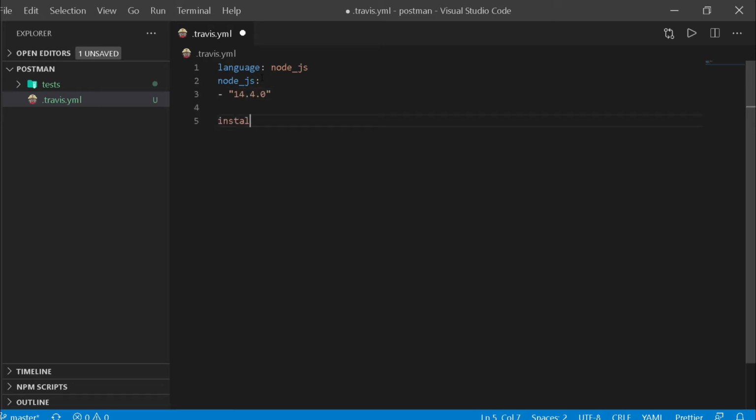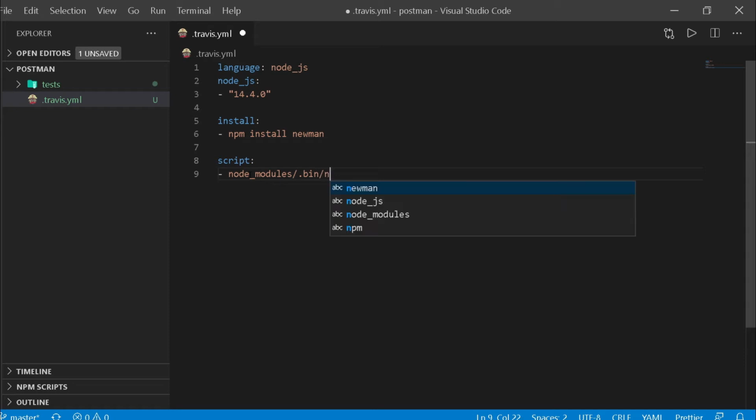And then I'm going to say install, what I want to install here. So we just need to install Newman. That will get installed. And then basically the script we want to run. The script that we were running was doing Newman run. I will do the same thing, but I cannot directly do Newman because we are not installing this globally. So what I will do is pass the node modules and then run Newman through that. So I can do node modules and do /.bin. And then I will type in Newman here, and I can do run.